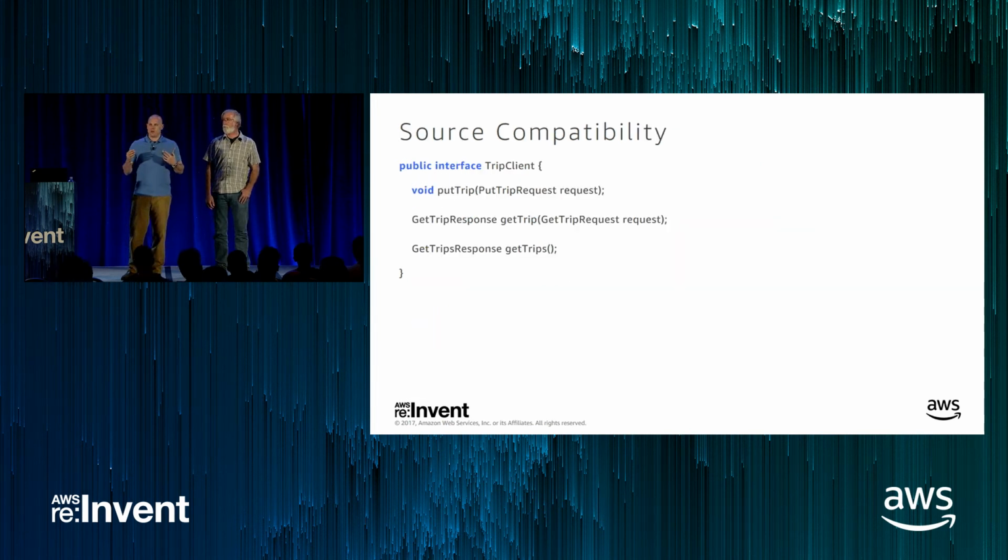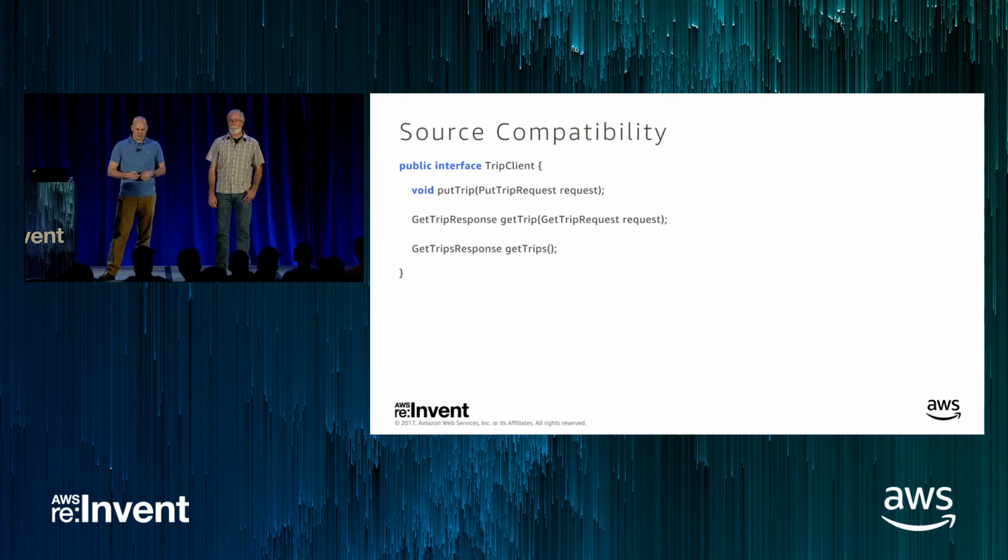So while we're talking about clients, I wanted to wrap this up with one other type of compatibility that is specific to clients. Let's imagine that we have a trip client which represents all of the things that I can do in the trip API. And as Jim pointed out, we have 3 operations exposed: a put trip, a get trip, and a get trips. Put trip in our service model doesn't return anything. It's blank. So it makes sense from a Java point of view to have that as a void function. There's no return type there,